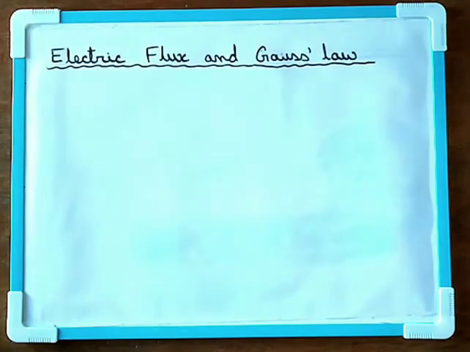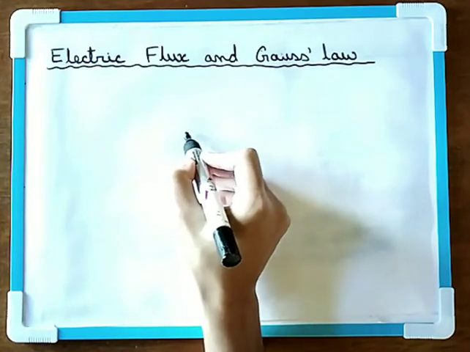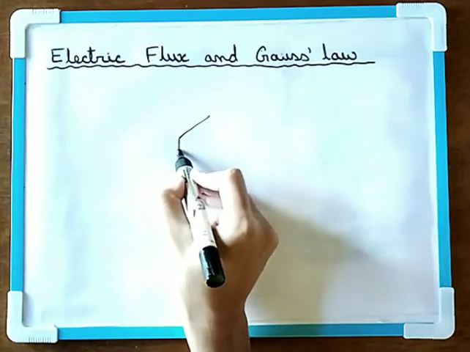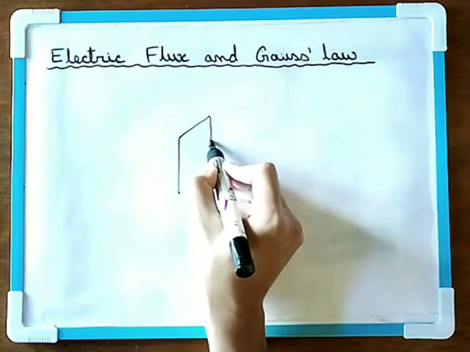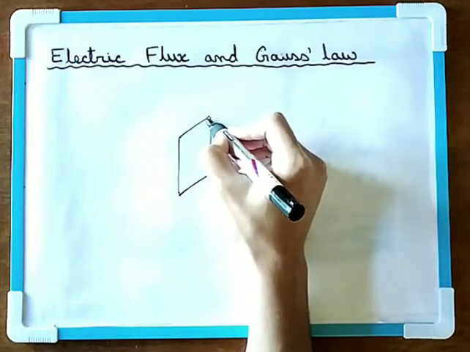So electric flux represents the total number of electric field lines crossing an area in the direction which is normal or perpendicular to the area. So if we have an area here, so this is the surface area. Let's say it's A,